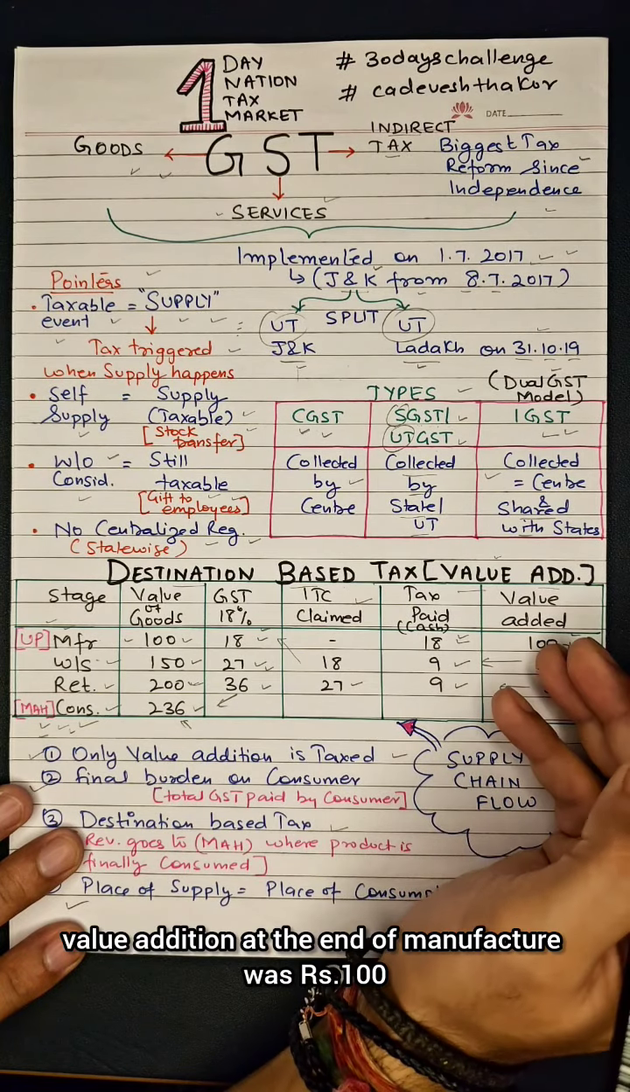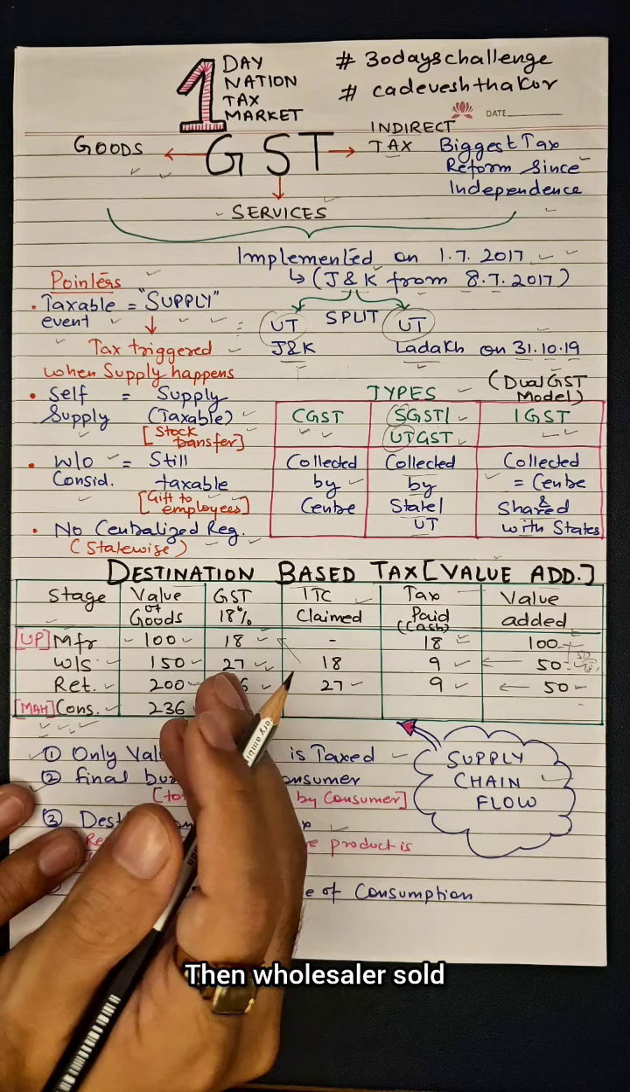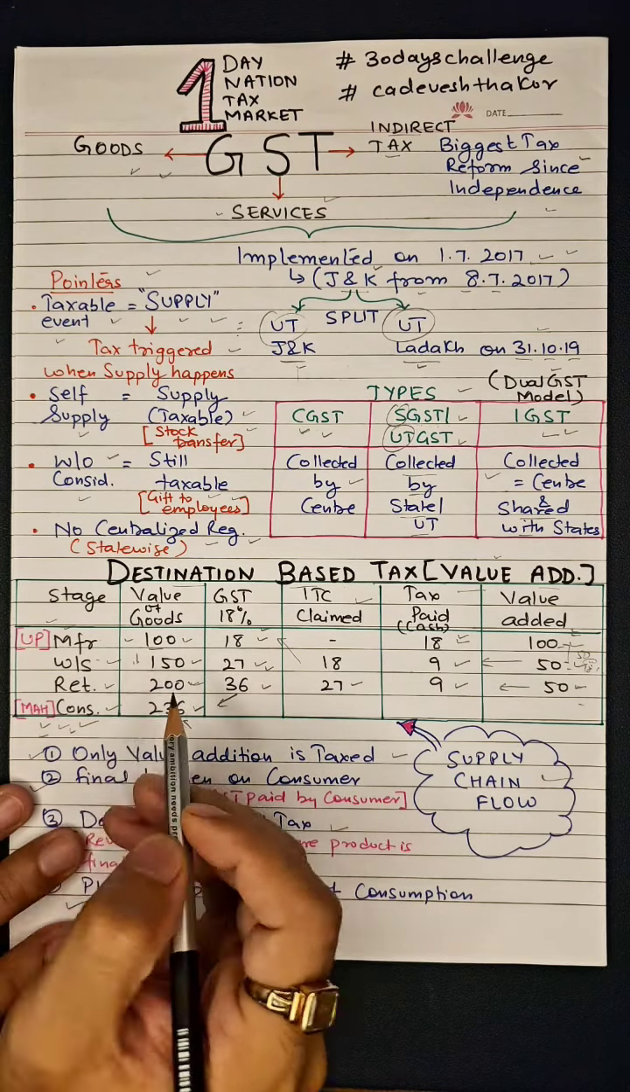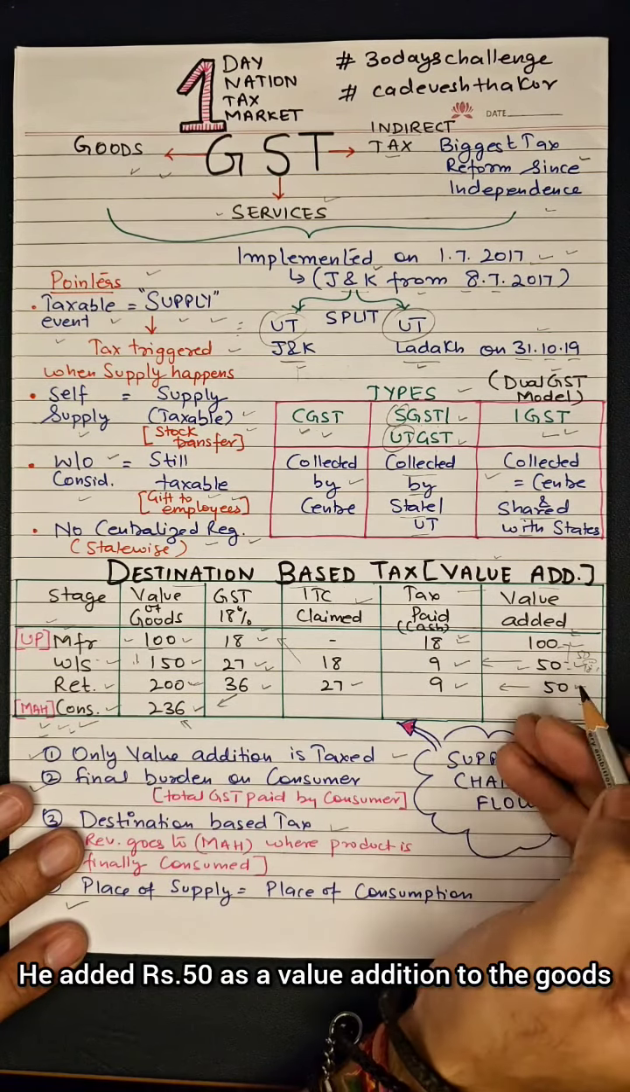Value addition at the end of manufacture was 100 rupees. Then the wholesaler sold that particular goods for 150. He added 50 rupees as a value addition to the goods and he sold